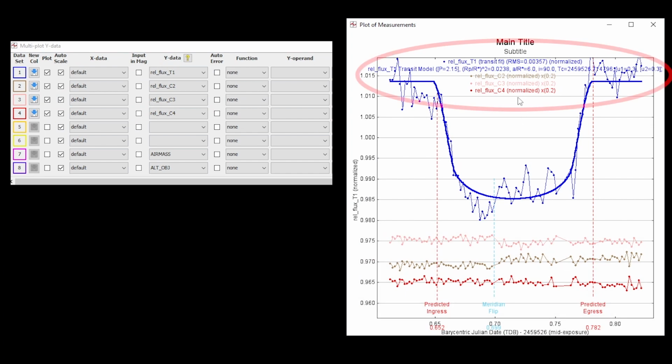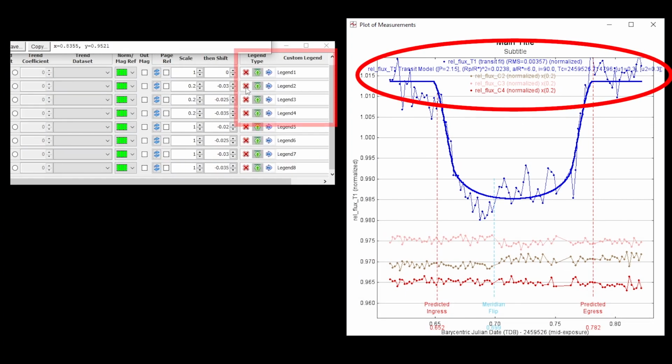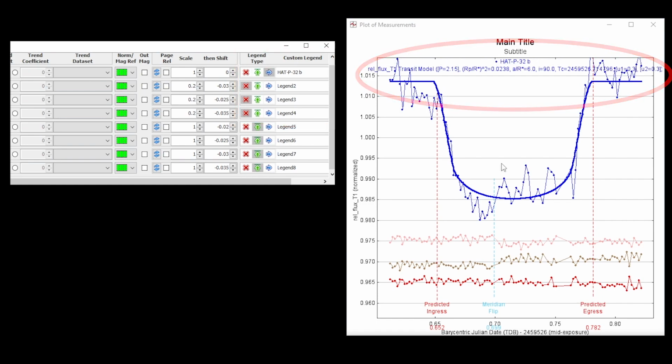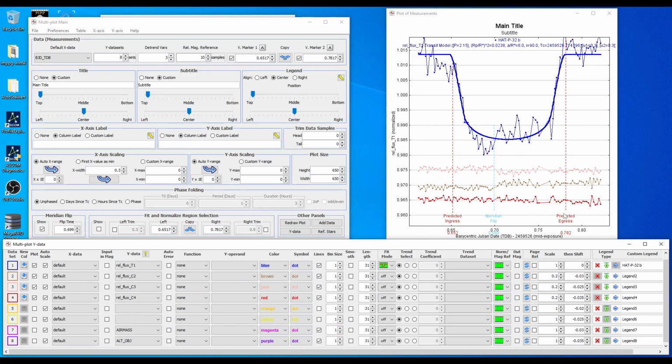Now, one thing you may want to do is clean this up even a little bit more. We can go clean up the legend here. I'm going to turn off the names of all our comparison data in the legend just to get that off the screen. I'll click the X's for that. I also want to relabel the plot data for our curve to just be the name of the planetary object, HAT-P-32b. So I'll go ahead and label it, turn it off, and then use the right arrow to force that onto the legend. Now I'm going to come back to the full screen here